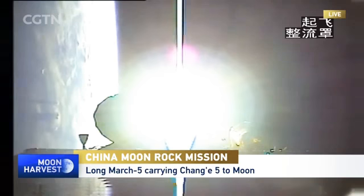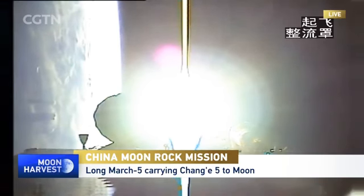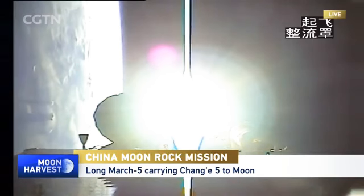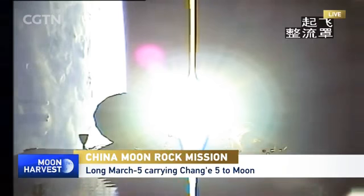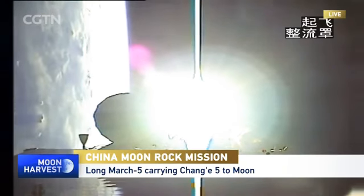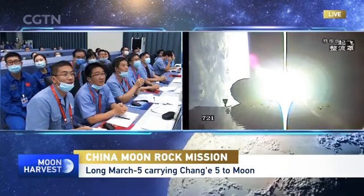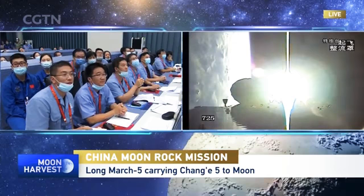lunar orbit. And once we reach the lunar vicinity, we have to slow down, what we call a brake, to insert into lunar orbit. And also we will descend gradually from a higher altitude, like 300 or 400 kilometers, to eventually less than 100 kilometers, so that we can prepare for the descent of the ascender and the